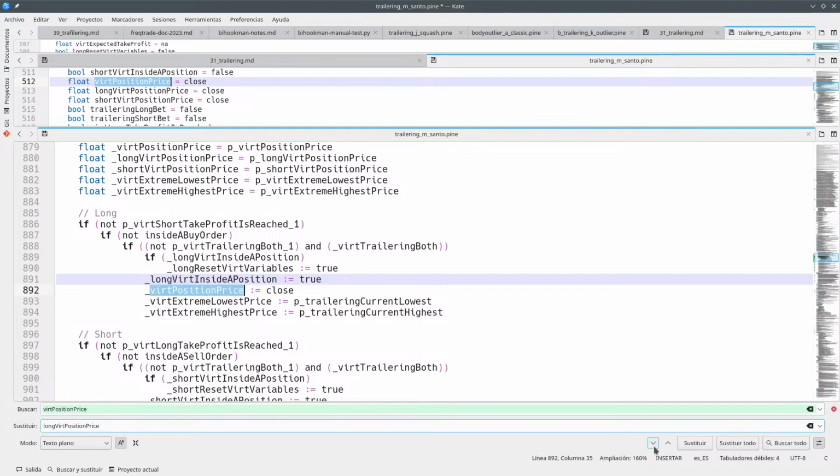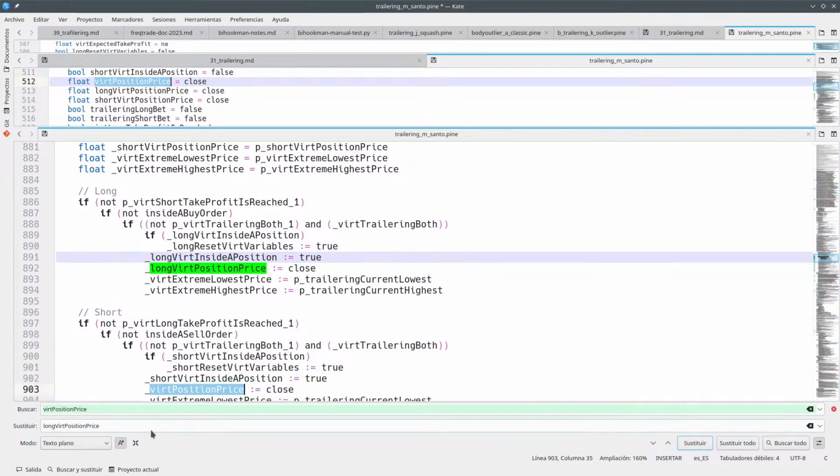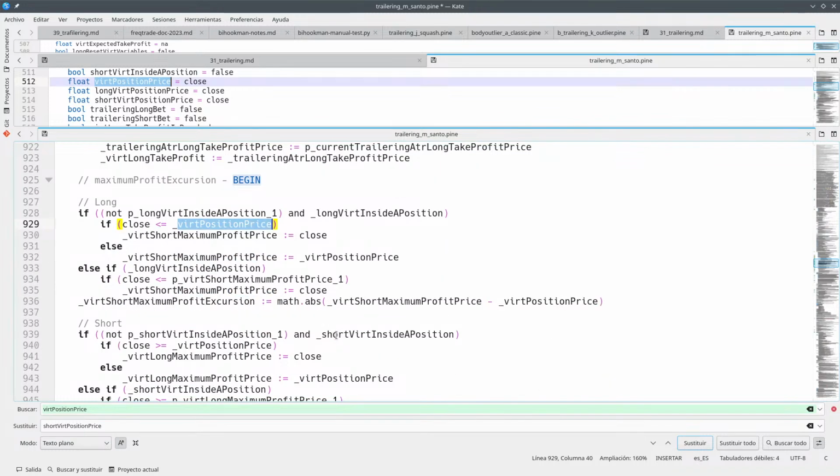Okay, so this is the original one. We have the two copies. So this one is in long, so this is going to have the long one. Nice. And this one is going to have the short one. Okay, so once again, what we want to be working on here, this is the long one,